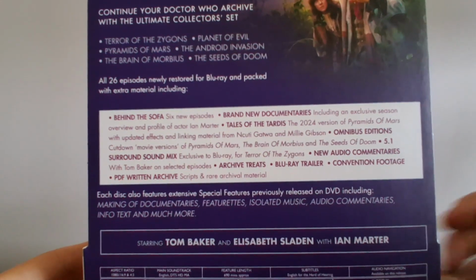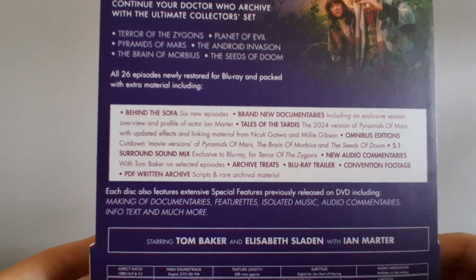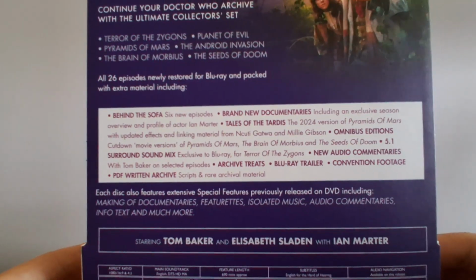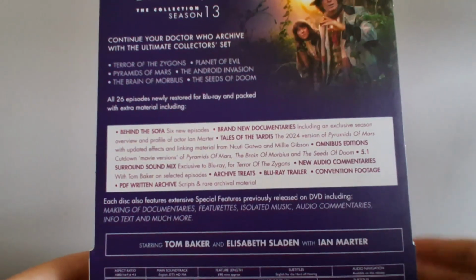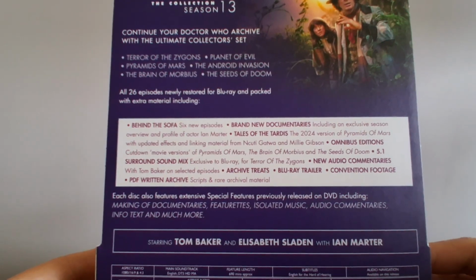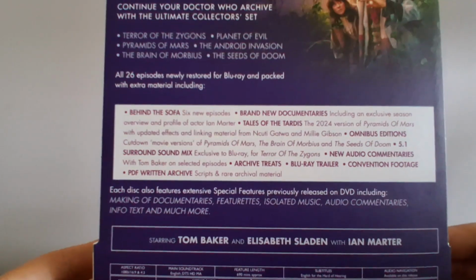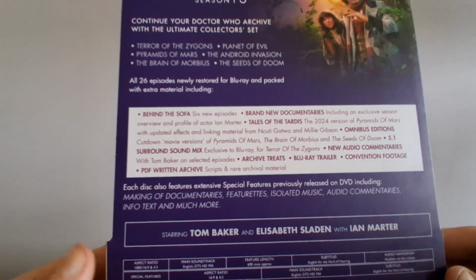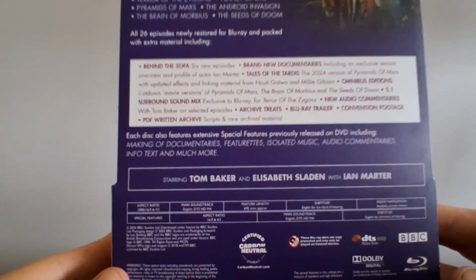And we've also got the Tales of the TARDIS, the 2024 version of Pyramids of Mars, with updated special effects and material from Ncuti Gatwa and Millie Gibson, so it's nice to see that here. That is on the Season 1 Steelbook that was released back in 2024, but it's nice that we've got it here on Season 13, because I just think it's appropriate to have that as Pyramids of Mars is on this release. New audio commentaries with Tom Baker on selected episodes, archive treats, Blu-ray trailer, convention footage, and all the releases from the DVD. So I'm going to put the slipcase to one side, and let's have a bit of a